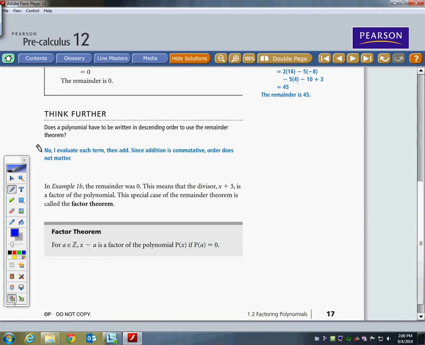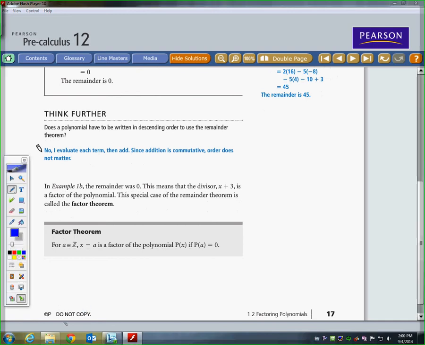This gray box here tells us the factor theorem, and we've kind of deduced it already. For a is a member of the integers, if a is an integer, then x minus a is a factor of a polynomial p of x if p of a is equal to 0. So if this remainder, in this case 45, if that remainder is 0, or another way to say it, if p of a is equal to 0,